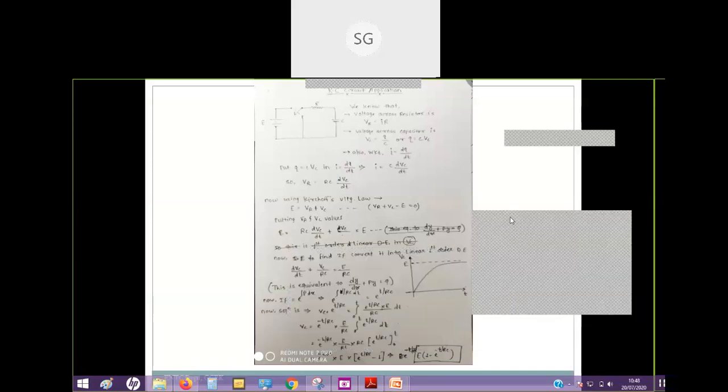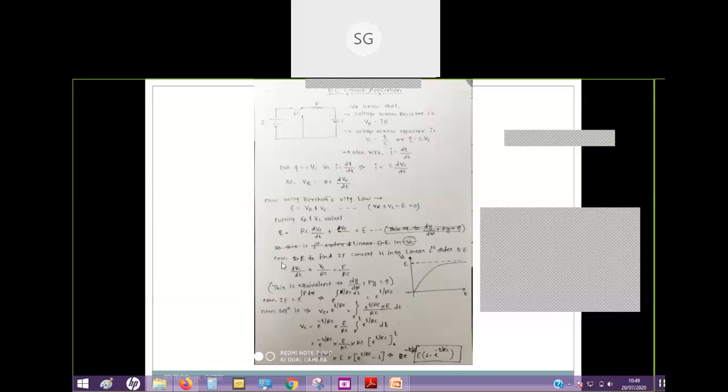Next, I will not say this in linear differential equation form, because we have seen that dy by dx plus py equal to q is the form of the standard linear differential equation. That's why we need to divide it by RC, and by doing so, we will convert this equation into a first order linear differential equation. So dVc by dt plus Vc by RC is equal to E by RC. On both sides we are dividing by RC, that's why this equation is coming.